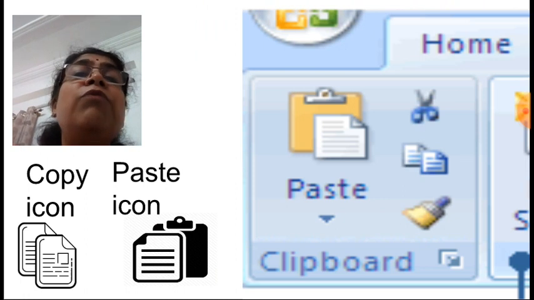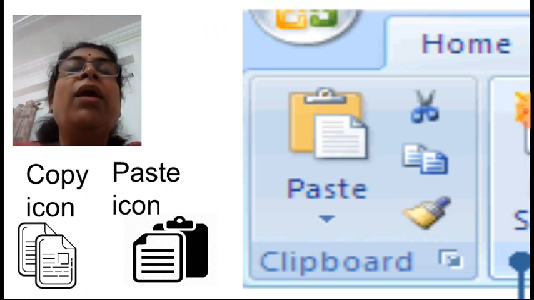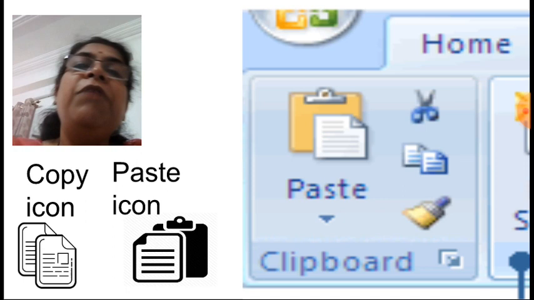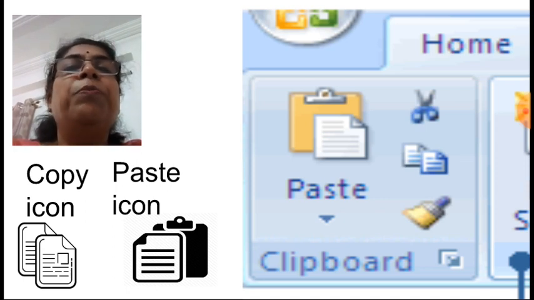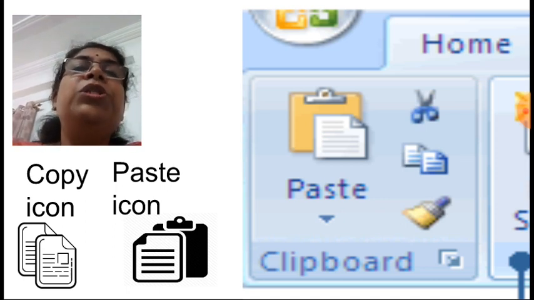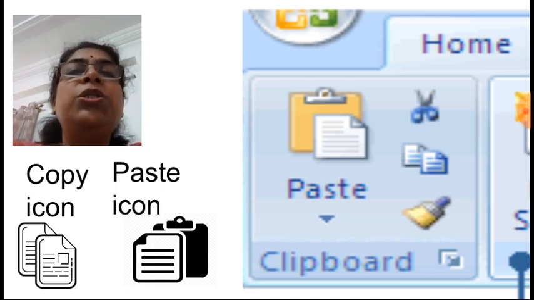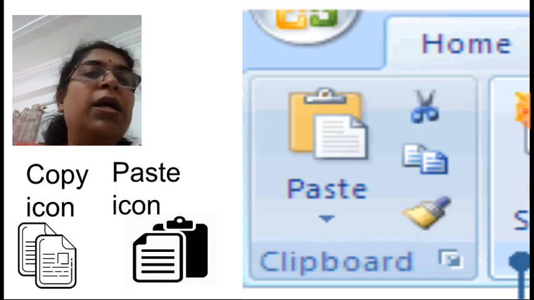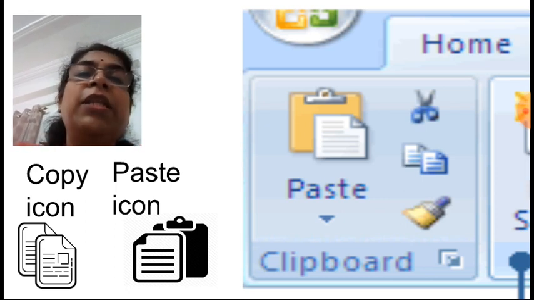Now we are going to learn what is copy and paste. In copy and paste, the text will not disappear from the original position. It will remain as it is at the original position. But at the new location, after clicking on the paste icon, it will paste the text again. It will make a duplicate copy of the text. Understood? Now, this copy and paste option again is available in the Home tab, Clipboard group. Have you seen this? On the ribbon Home tab, the leftmost group, that is Clipboard group.